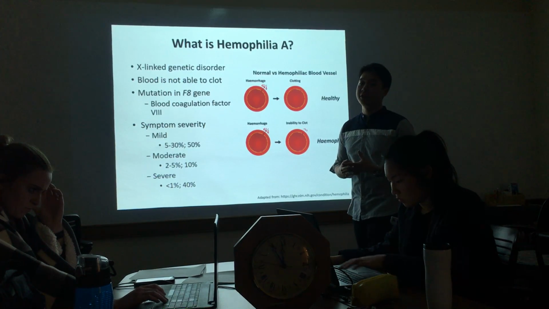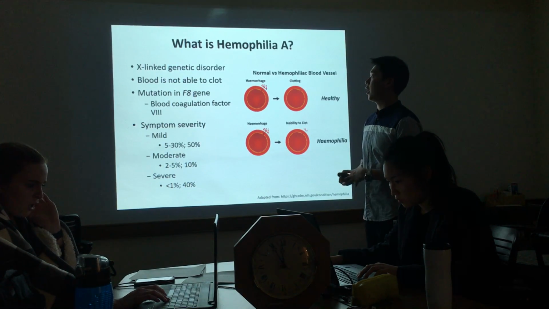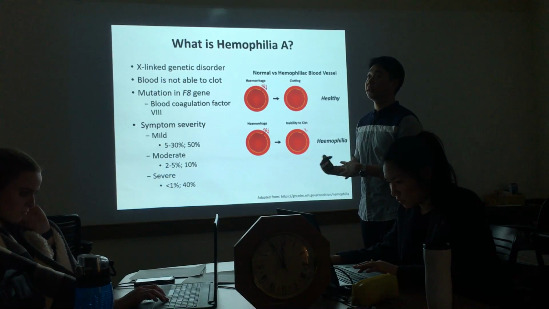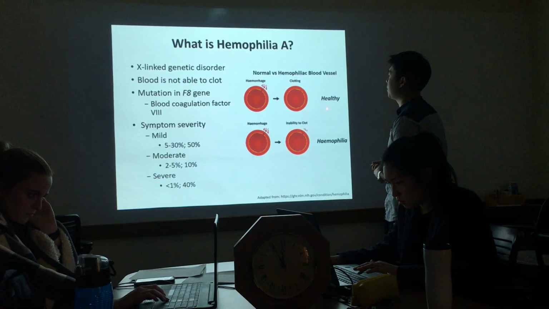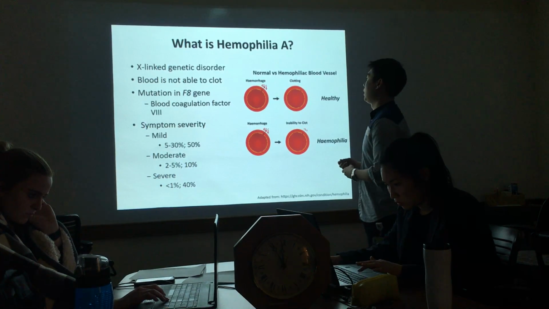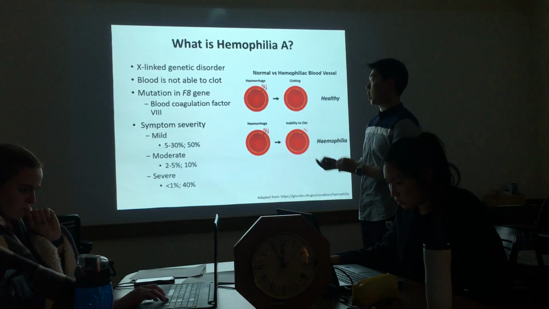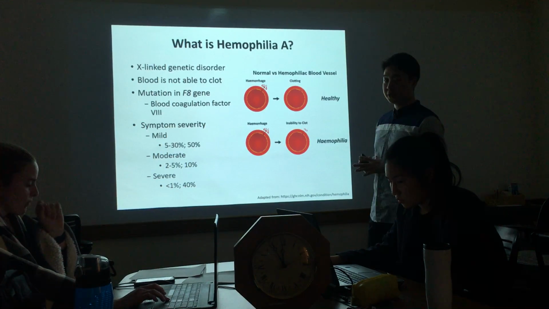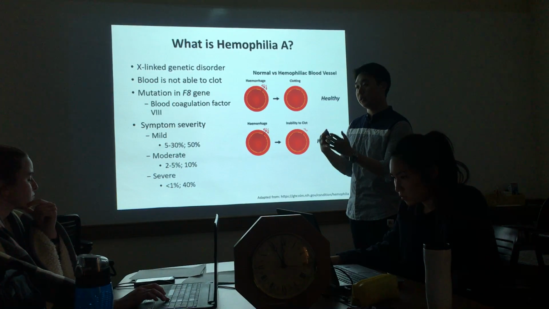Hemophilia is an X-linked genetic disorder, and patients with hemophilia are not able to clot their blood efficiently. As you see in the figure, in a healthy individual, when a hemorrhage occurs in the blood vessels, clotting occurs, meaning the bleeding stops. However, in a hemophiliac patient, when a hemorrhage occurs, the blood does not clot, or